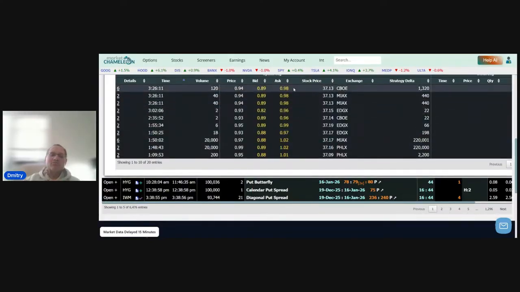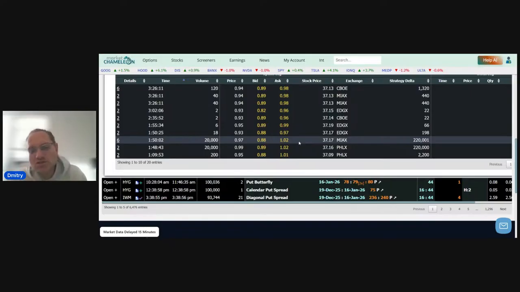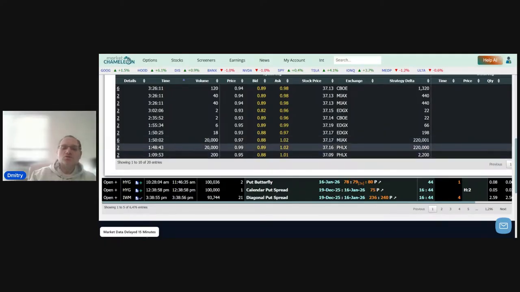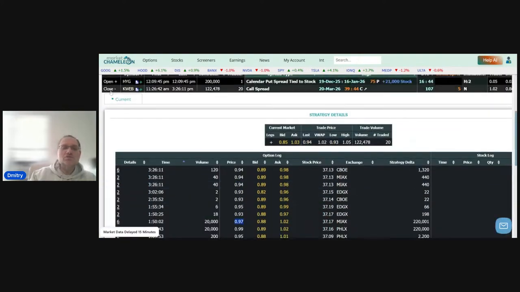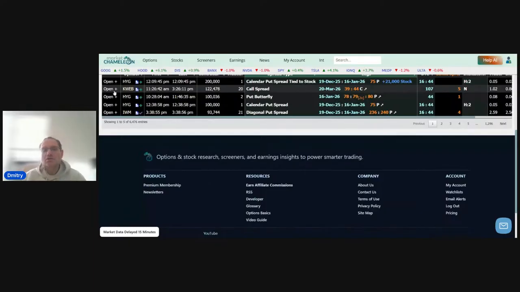Okay, and now we have all of these organized for us, so we could see, well, how did it trade? How did it progress? What exchanges? Where did the trade get executed relative to the bids and offers? The different prices it traded at. All this is now available to us to make quicker analysis, quicker decisions, of potential insights or opportunities that you're looking at, especially if you're a call spread trader or